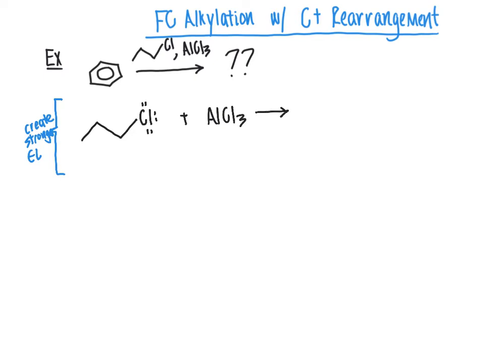What is going to happen here is that we form a covalent bond between the chlorine and the aluminum over to here, like so. And I will show in red our new covalent bond between chlorine and the aluminum from the aluminum trichloride AlCl3,